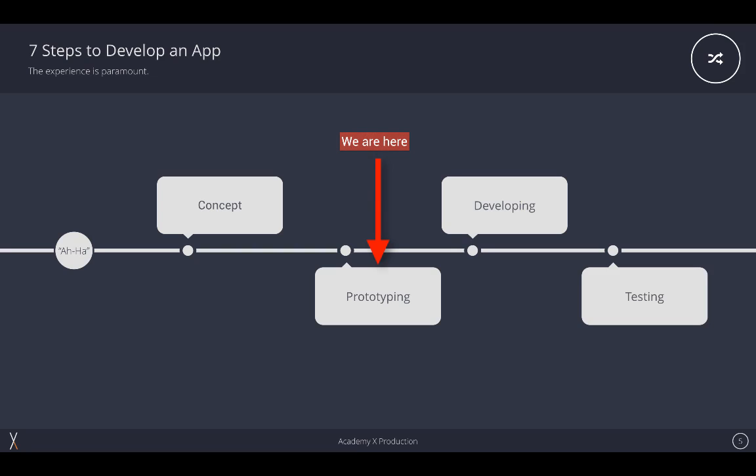Well, the best tool currently available for prototyping, or rapid prototyping as they call it, is InVision. And that is a tool we'll be using in this course. I want you to go ahead and open up your favorite browser